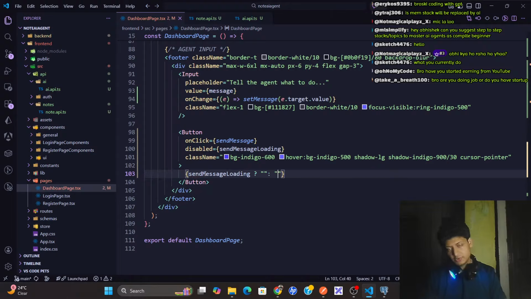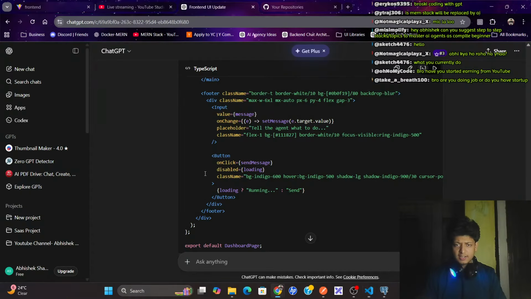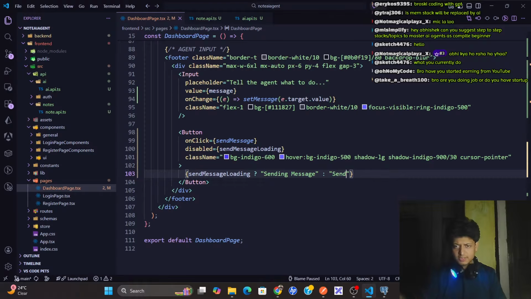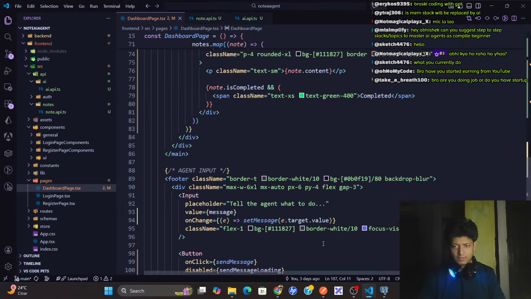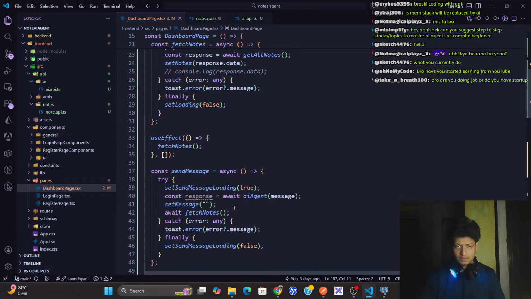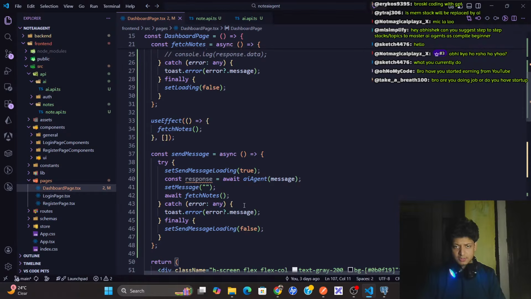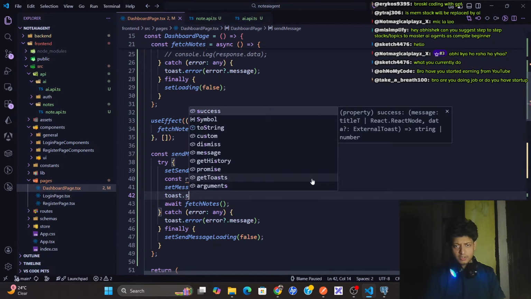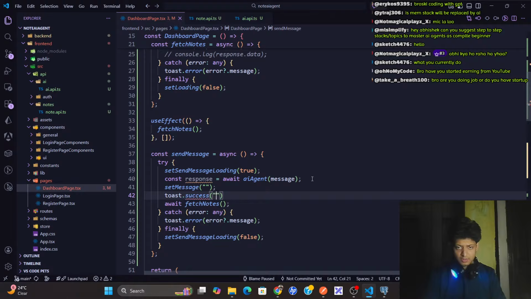Send message loading is true, sending message. Okay, this is done. Toast dot success.